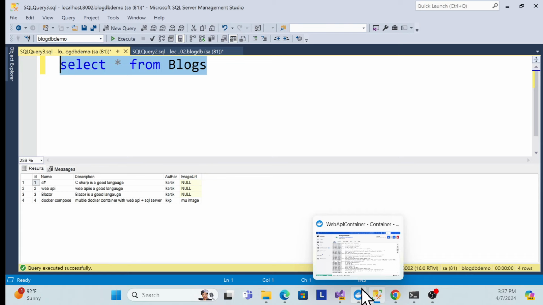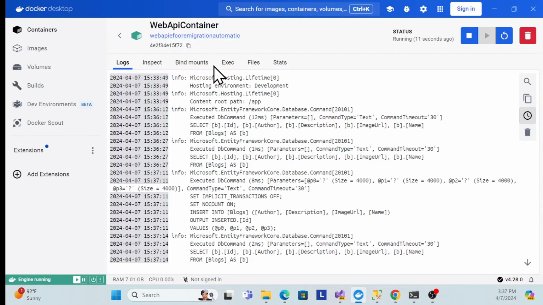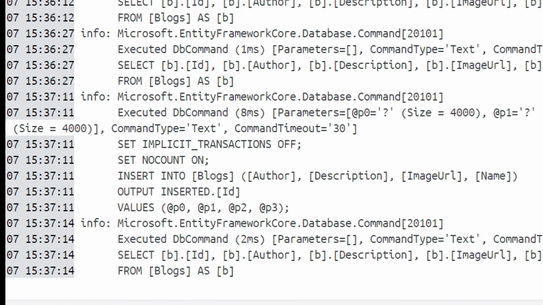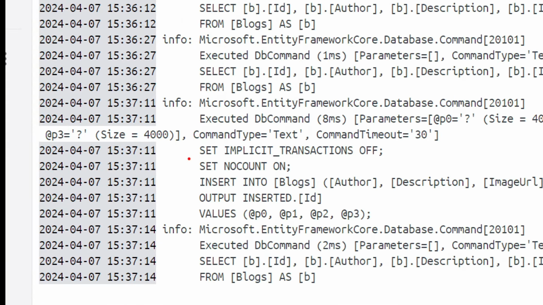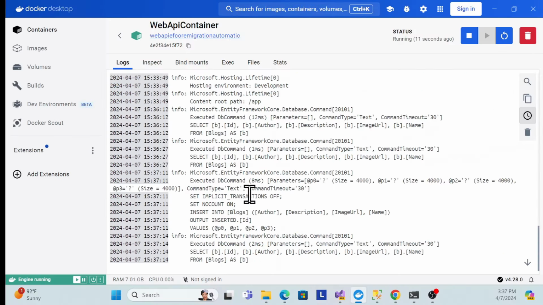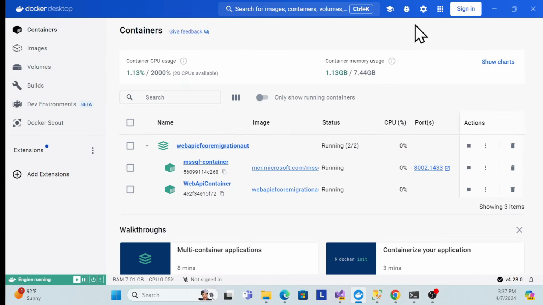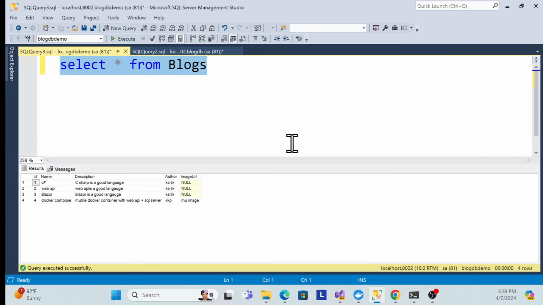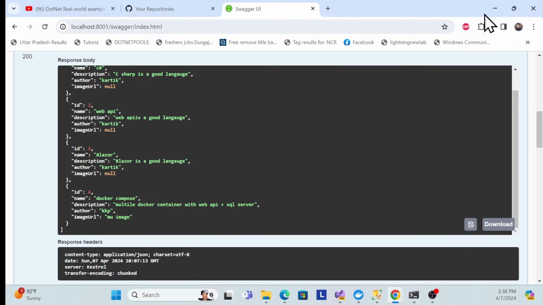And those commands you can also check over here in your web API container. For example, see, you just inserted the data, and you're also trying to get it. So whatever you are trying to do, you can also track and log on the container side, right? So like that, you can create multiple containers